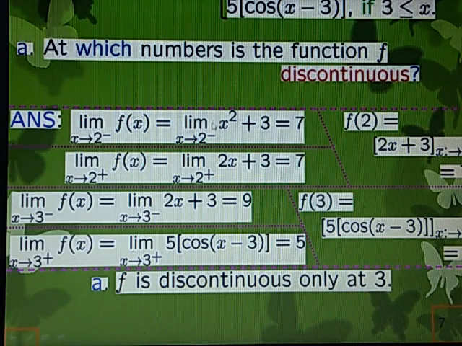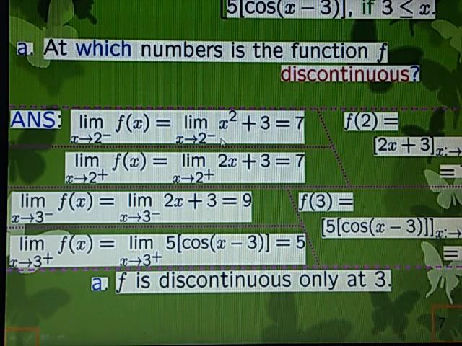Because it is a polynomial function, on putting x equal to 2 it will not take an indeterminate form. So we can directly substitute x equal to 2 and make out to which number this f(x) is approaching when x is getting closer and closer to 2 from the left. Some examples: suppose x is 1.9, it is on the left of 2, so I will get some value for this. You get more close to 2, take 1.99, you will get a value which is more close to 7 for x squared plus 3.